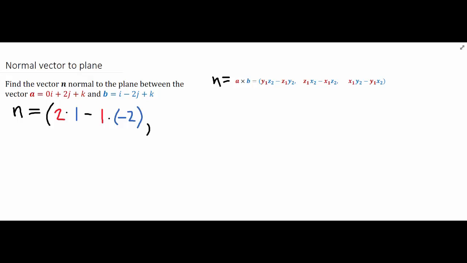And now I take z1, so that's 1, times x2, so the x component for my b vector, which is 1, subtract x1, which in this case is 0, times z2, which is 1, and then x1, which again is our 0 component, times y2, which is negative 2,